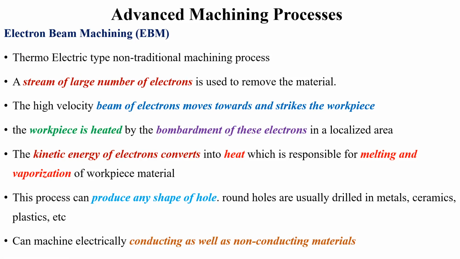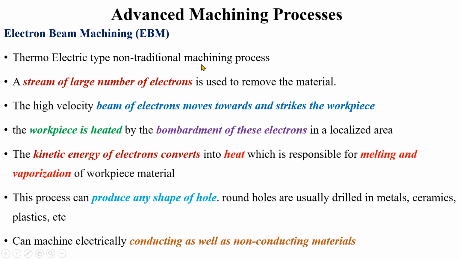Welcome all. In this lecture, we will look into the details of electron beam machining process. Electron beam machining is one of the thermoelectric type non-traditional machining process. So here electrical energy is converted into thermal energy, and this thermal energy is used to remove the material from the workpiece surface. So here we use a stream of high velocity electrons to remove the material from the workpiece